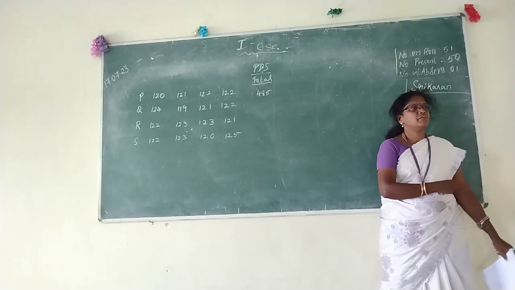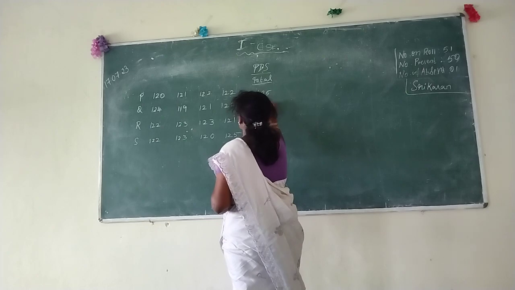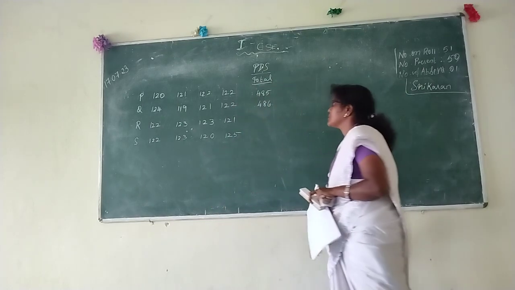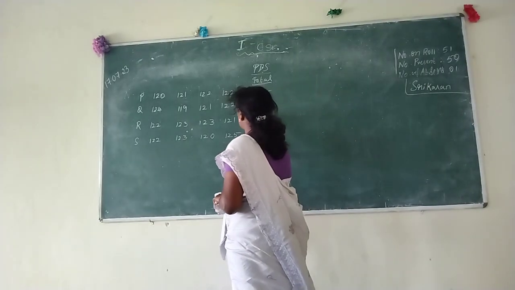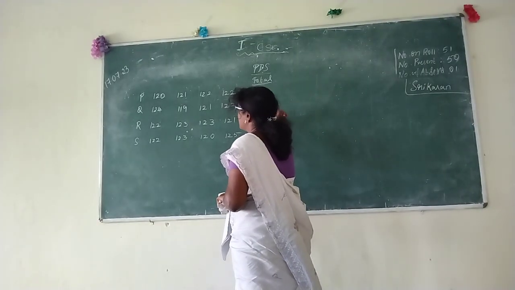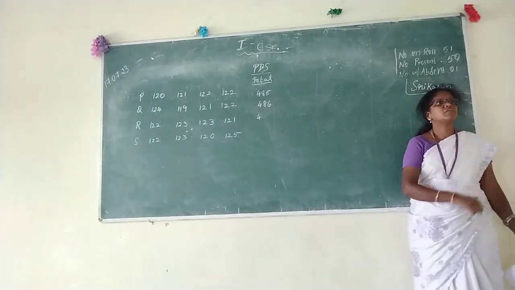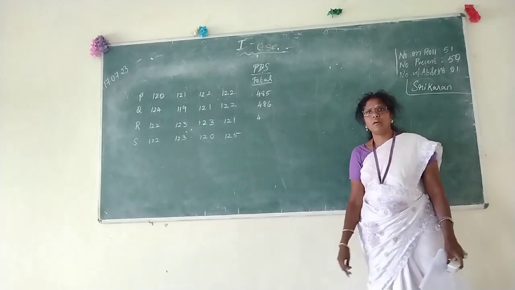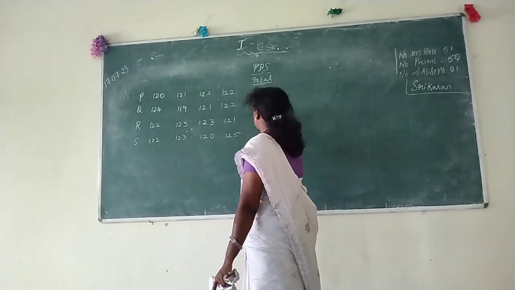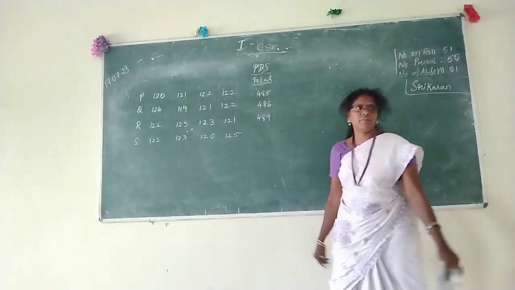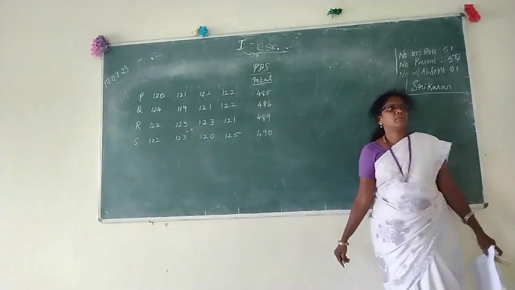Find the total for Q. 486. R 490. The answer 492. R 489. Okay, well. Now